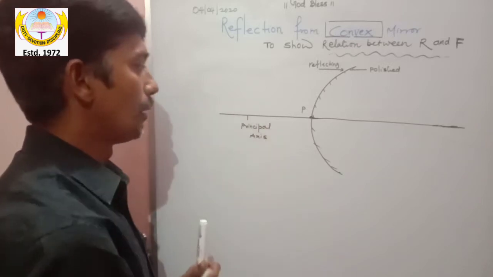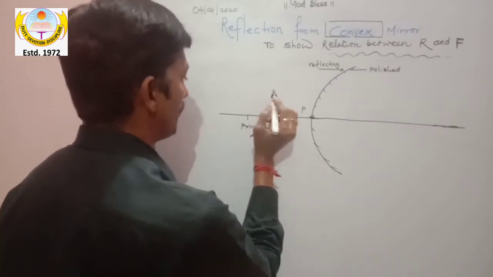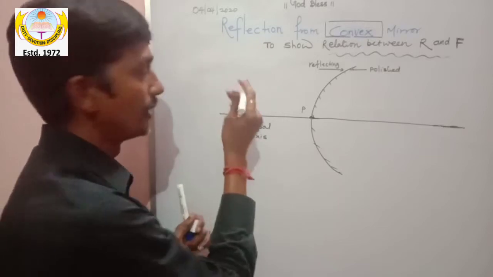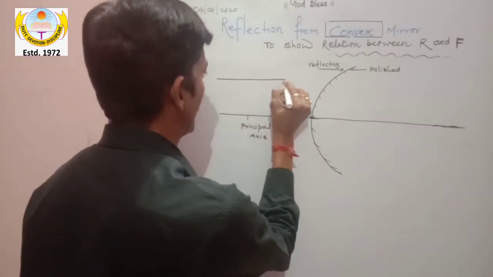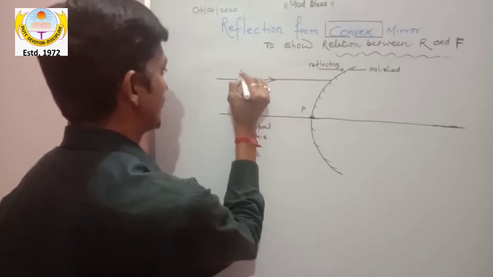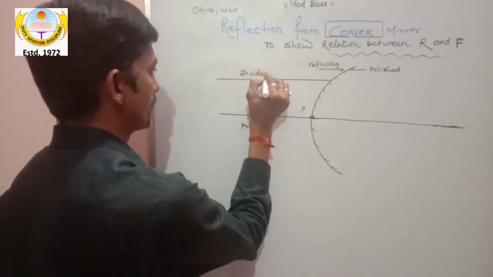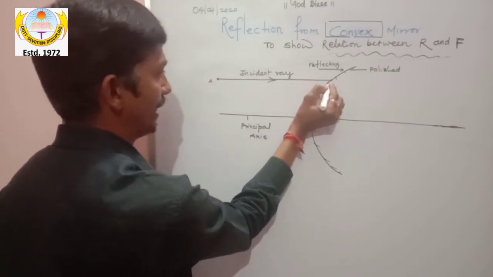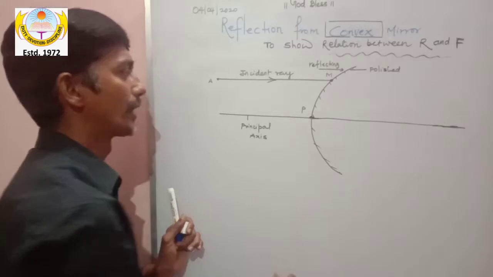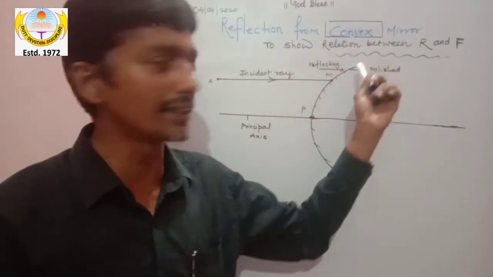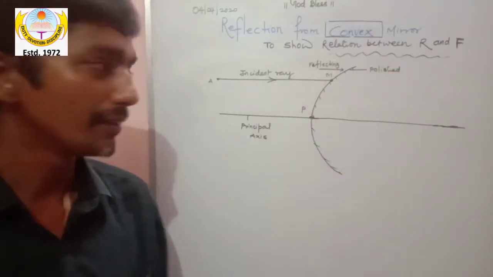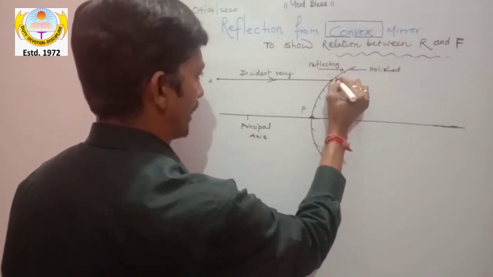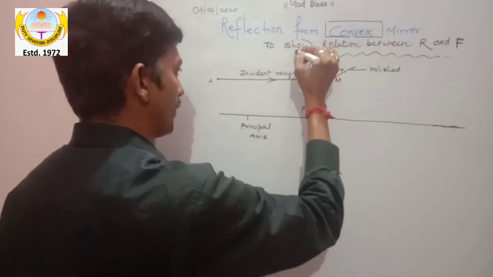Okay. Now my dear, the ray of light will come from, because object is always to the left. So the ray of light will come and will be incident here. This is the incident ray. Let this ray be given the name A, and it is incident at point M. You can see, in my concave mirror case, I have taken the same alphabets. And this point M, I am writing here. Now this incident ray will be reflected here,